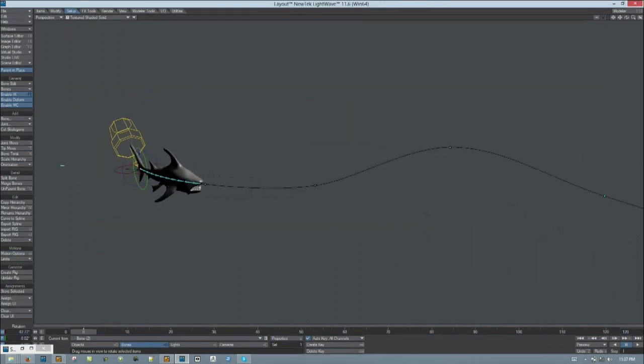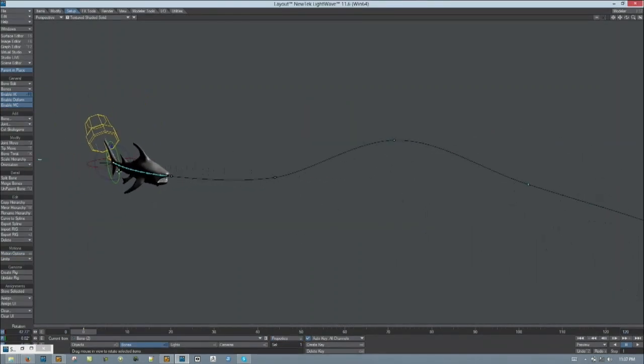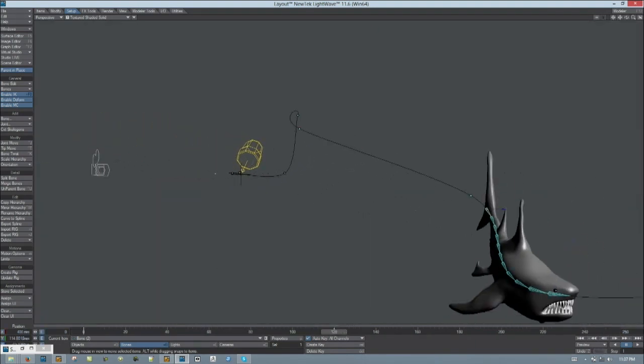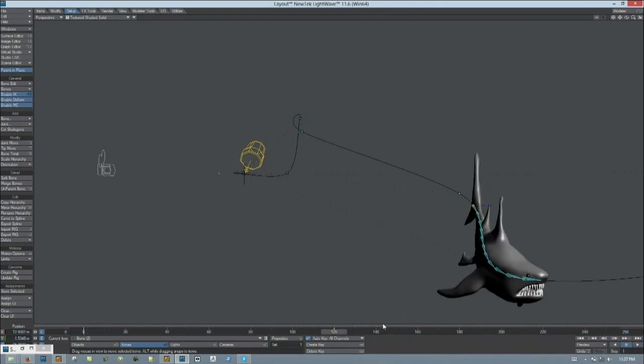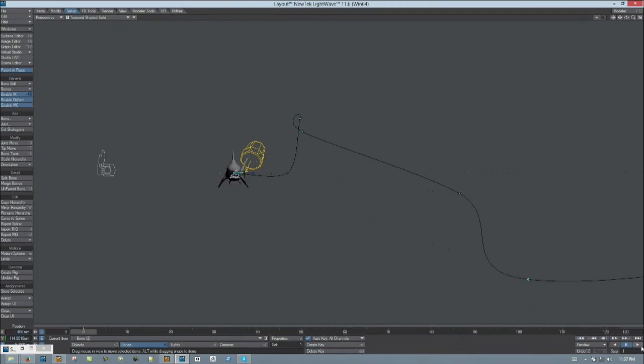Now I can animate the first bone of the rig on the z-axis to get the animation, which is pretty amazing. We can even go further, probably. Right, it's okay, let's stop at 120. We can, if we don't like the